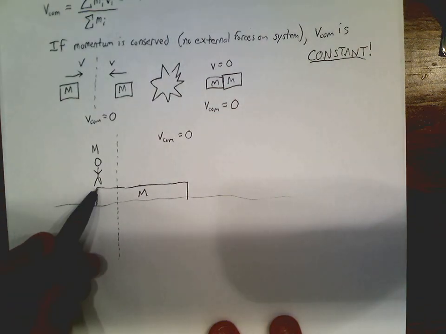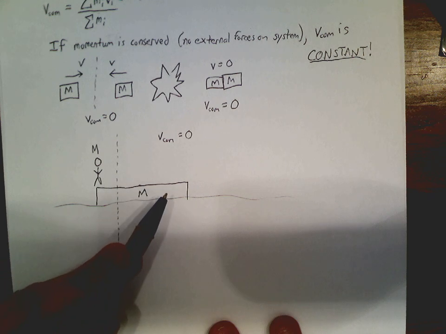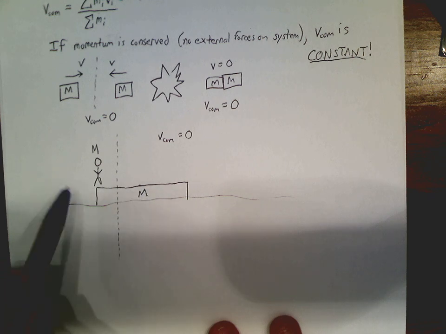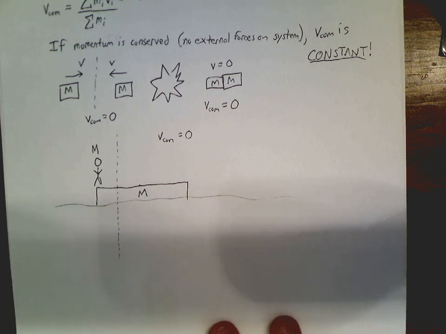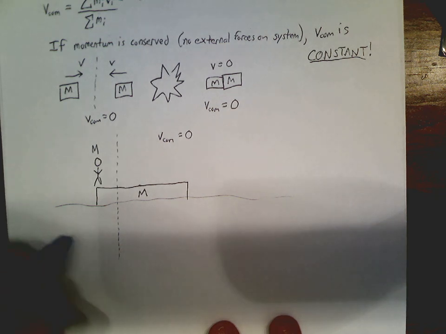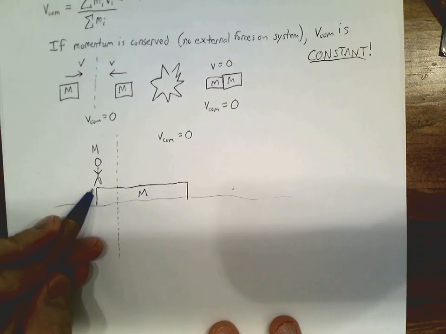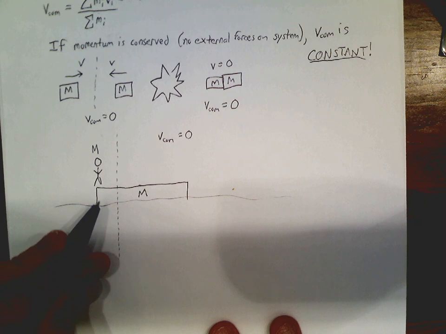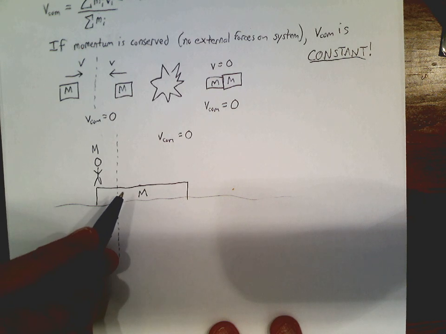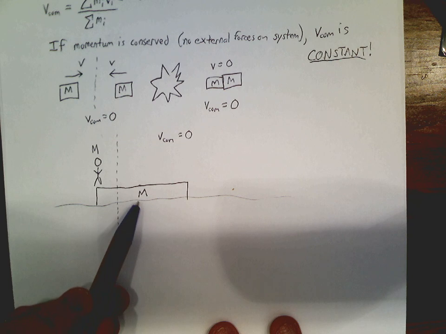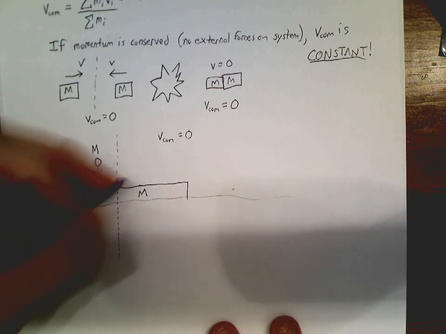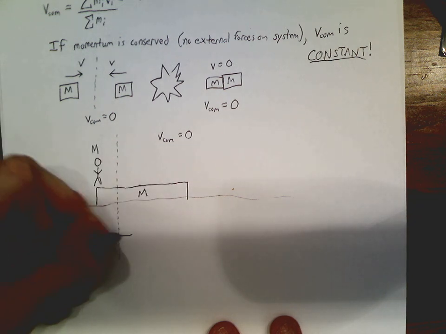So as he moves to the other side of the raft, we're going to see that the raft has to move to the left to compensate. So what we end up with is his feet are going to exert an internal force on the surface of the raft, which is going to push it backwards as he proceeds to the other side. That means the raft is going to move backwards such that